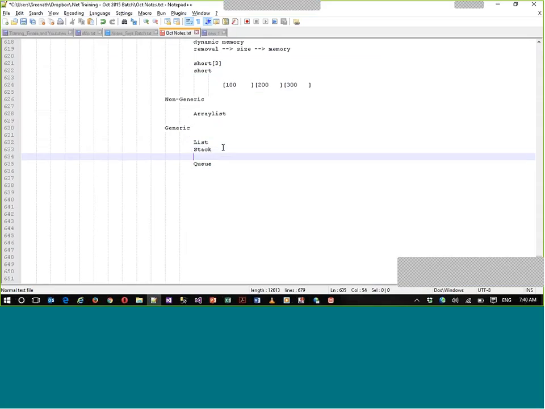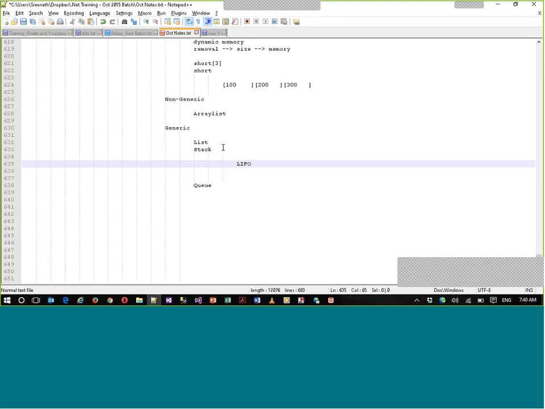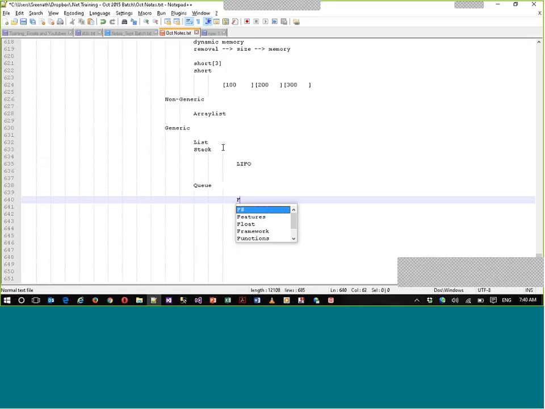When it comes to stack, we know the stack always follows last in, first out, the LIFO model. Whatever data we add will be saved in the form of an array internally, and whenever you want to pull the data, you can pull the last added object. That's LIFO, which is stack. Similarly, when it comes to queue, the model is first in, first out, FIFO, which is the queue principle. Now these two principles we know, but let's see how this works in our collections.